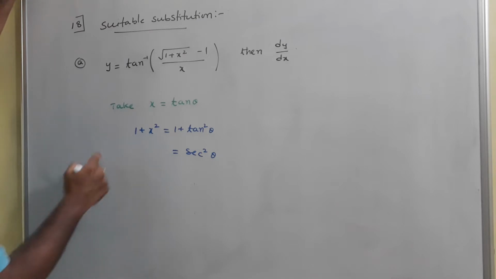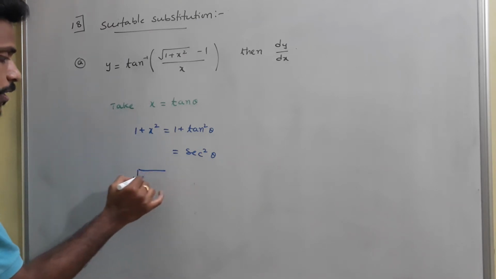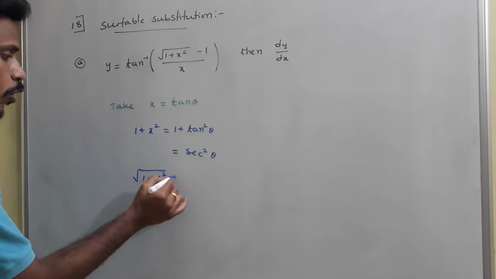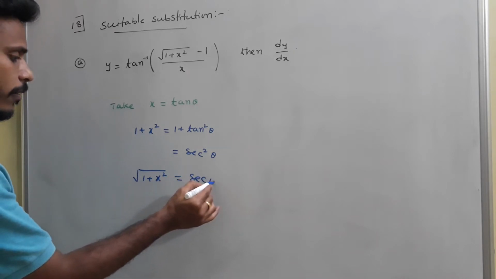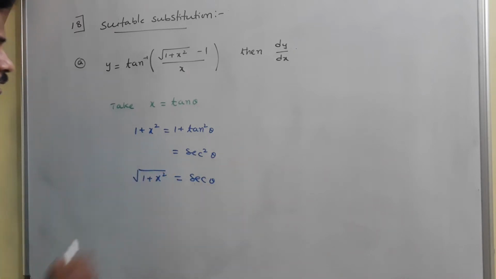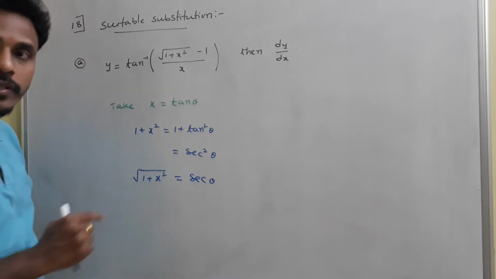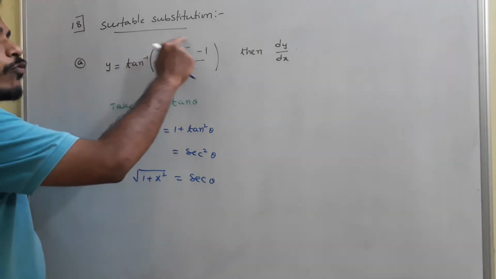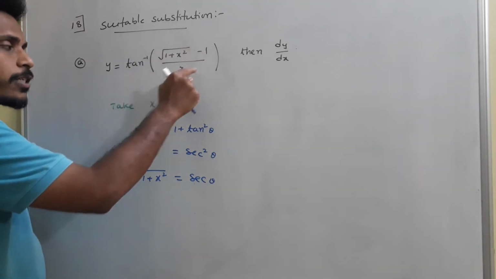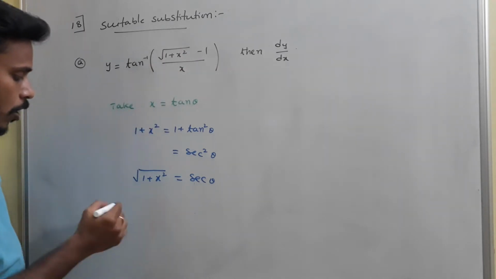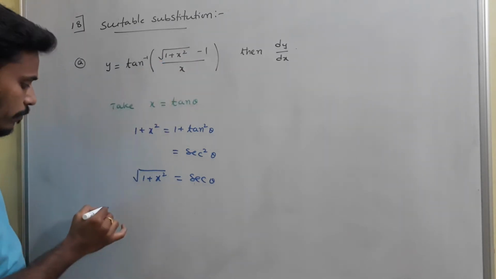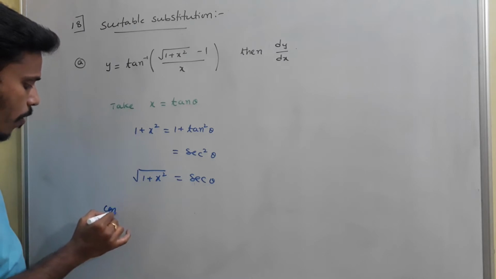x is tan theta, right? And now root of 1 plus x square is what? Root of 1 plus x square is secant theta, since 1 plus x square is secant square theta. I need to find out this expression in terms of theta. Now consider